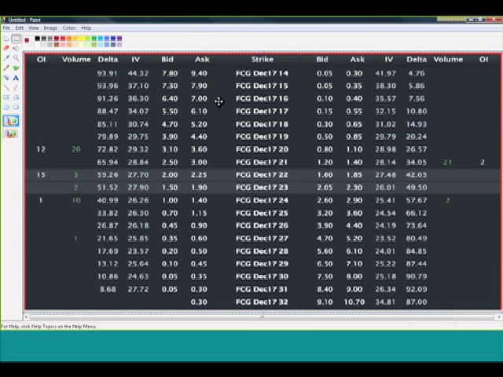All right. Here we go. Now, suppose that I'm setting up an iron butterfly, okay, and I'm putting on an up type of butterfly, and I'm going to do a 20, 25, 30, okay? What I want you to notice is the width of the market here on the two wings,